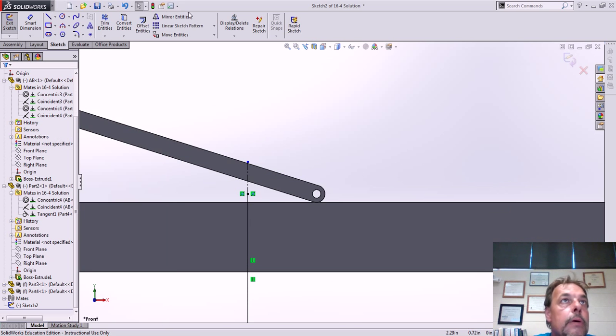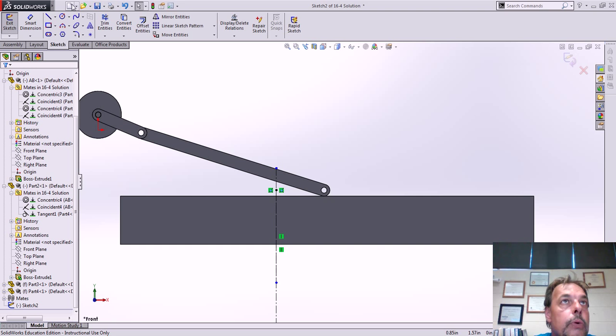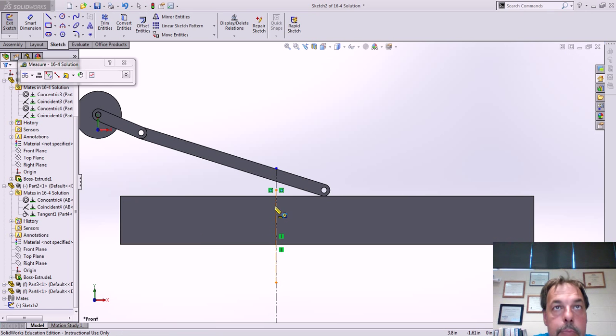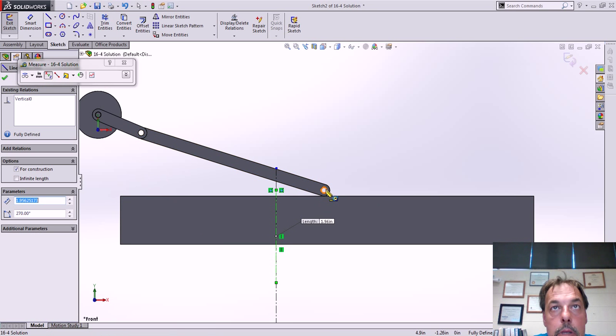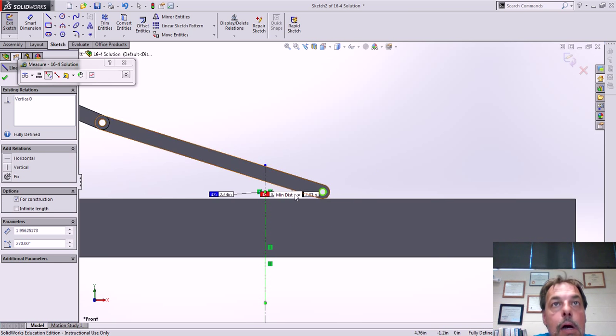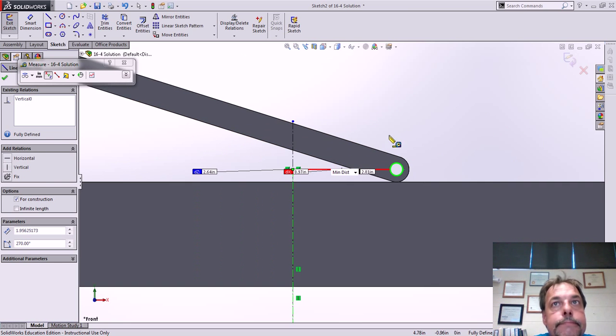Let's do a measurement. Since it won't allow me to do a reference, we're going to measure. I'm going to go to Tools. I'm going to measure from this point to the center of the circle. Alright, which tells me